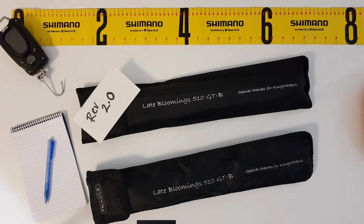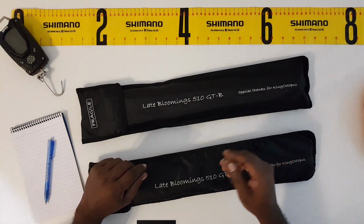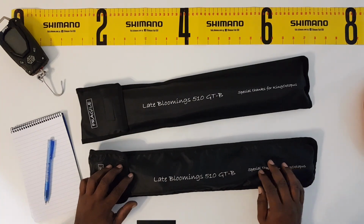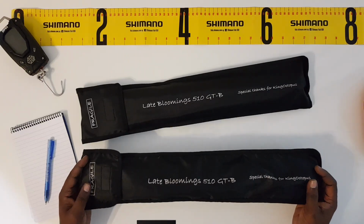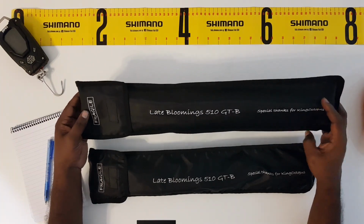So hi guys, today I would like to just review and also understand the Late Blooming Transcendent, which has actually launched the REV 2.0. So let's see what the features are and the differences between it and version 1. I have the version 1 with me here. Okay, this is my old personal set. So let's see what the differences are between the Late Blooming Transcendence